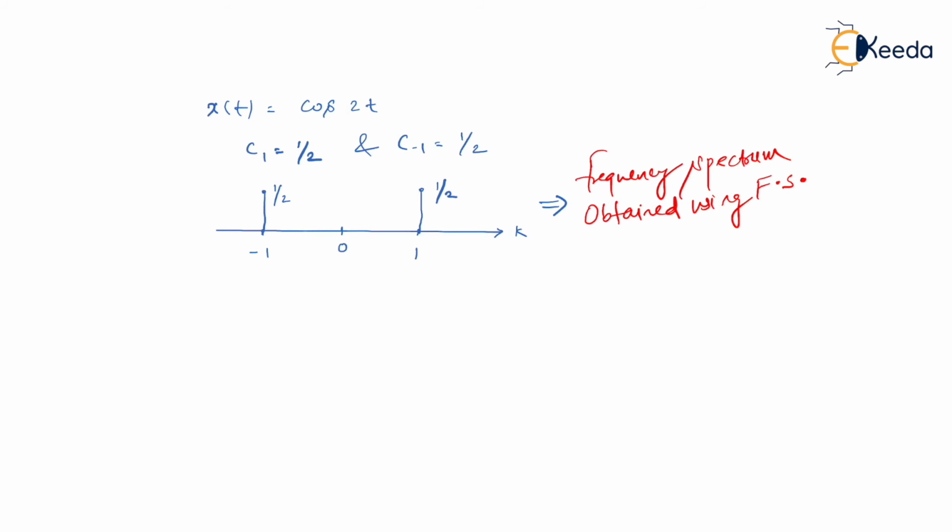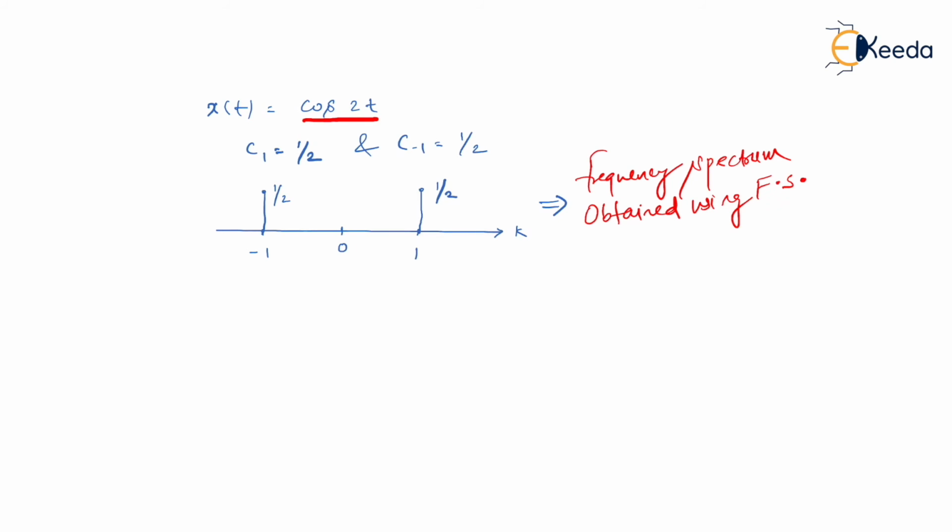We have already taken a Fourier transform for cos of 2t, and we can have another frequency spectrum by using a Fourier transform. Please remember, whether it is Fourier series or Fourier transform, both are different tools, but the aim of using them is the same, that is transforming the signal from time domain to frequency domain. So we have already analyzed cos 2t's nature in case of Fourier series and in case of Fourier transform also. Let us try to have a frequency spectrum for cos of 2t by using Fourier transform, and then I'll compare both the spectrums.